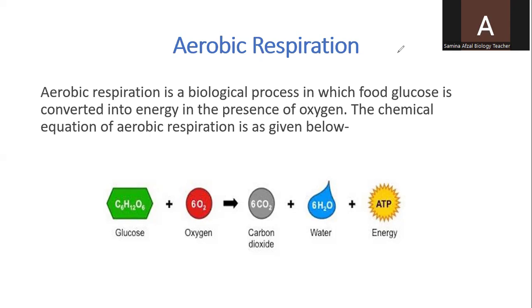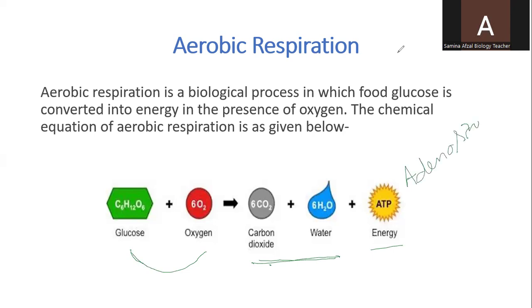As a result of this, the six carbon compound glucose is broken down in the presence of oxygen into carbon dioxide and water, which are produced as end products. You can see one glucose molecule, with the help of six oxygen molecules, is broken down into six carbon dioxide and six water molecules. And as a result of this breakdown, ATP, or adenosine